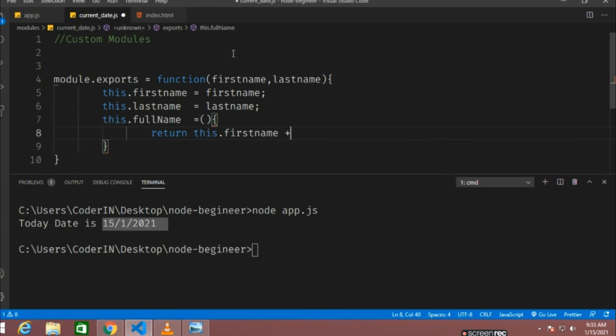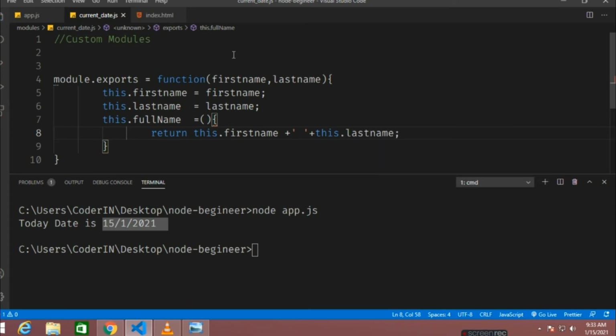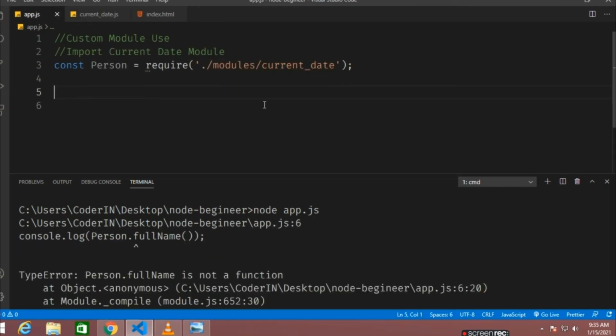Until and unless you use that module.exports, if you use just require in app.js, Node.js will not be able to find what you want to export from that particular file, right? In short, if you are using PHP, you'll be using require, include, require once. So module.exports is something like that.